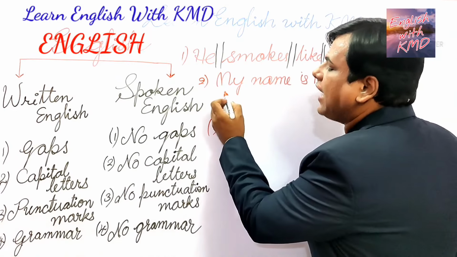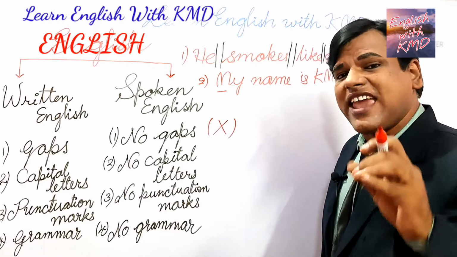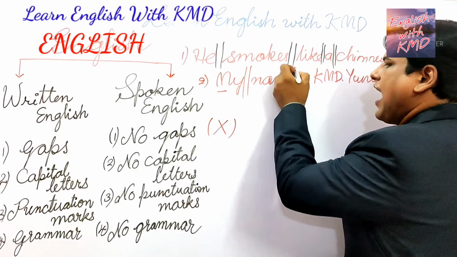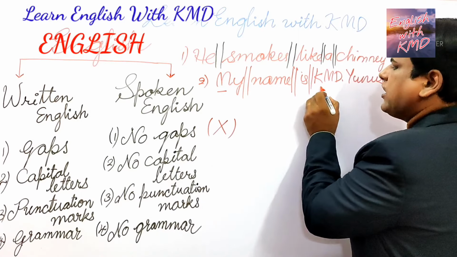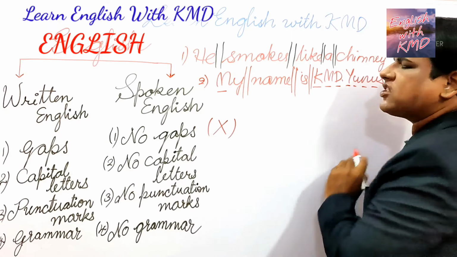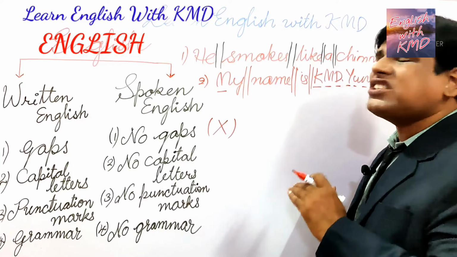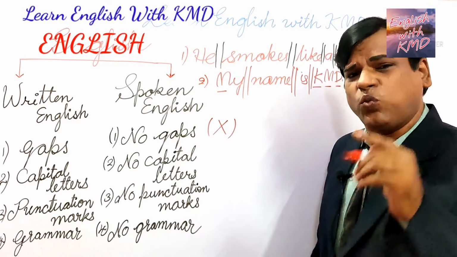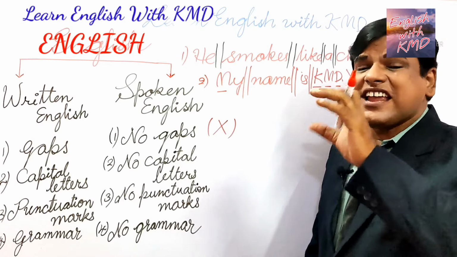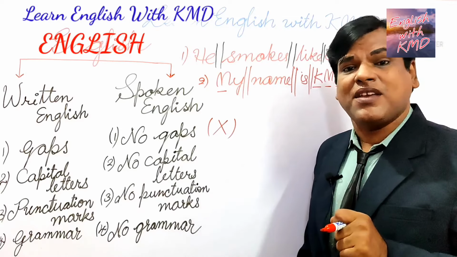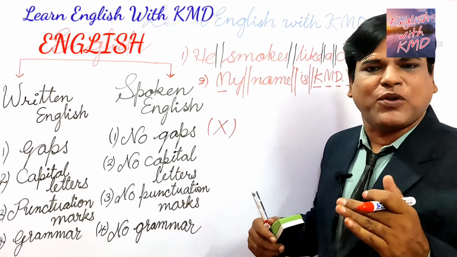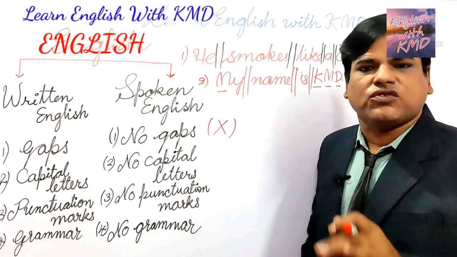As you can see, I started my sentence with a capital letter, that is capital M. And then we have gaps here and gaps. There's another gap with capital K, capital M, capital D, and capital Y, and the rest of the letters small. If someone comes up to me and asks this question, what's your name? If I answer with capital M, KMD Yunus, with capital K, capital M, capital D, and capital Y, and the rest of the letters small,